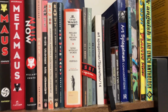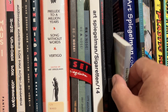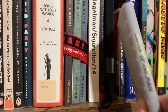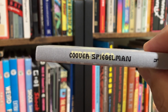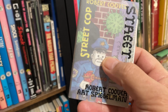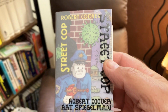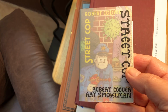One of Art's more recent projects is one you may not have heard of. It's this huge, great big book. This is pretty much mostly what Art did in terms of original creativity during the pandemic. It's this little book put out by a company that makes little books. All their books are tiny. I'll tell you the name of the publisher